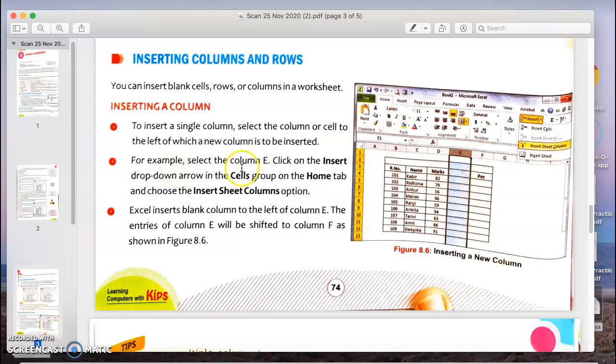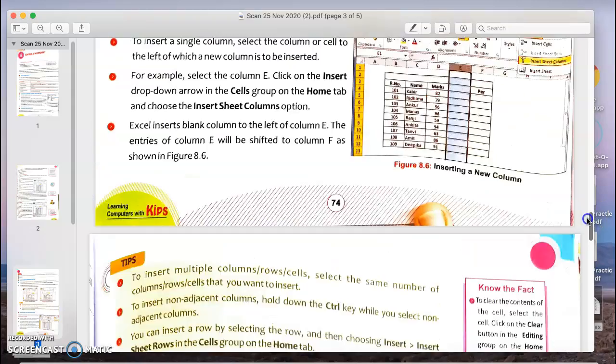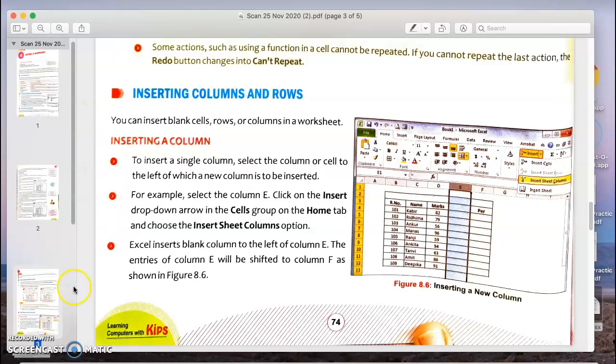For example, select the column E, click on the insert drop down arrow in the cells group on the home tab and choose insert sheet columns. Right? Excel inserts a blank column to the left of the column E. The entries of the column E will be shifted to the column F as shown in figure 8.6. So this is how we can insert a column.